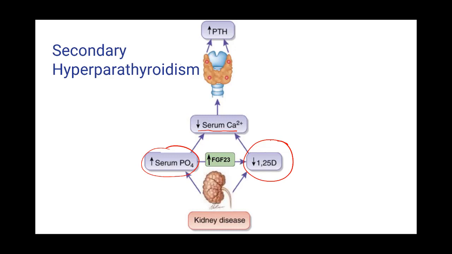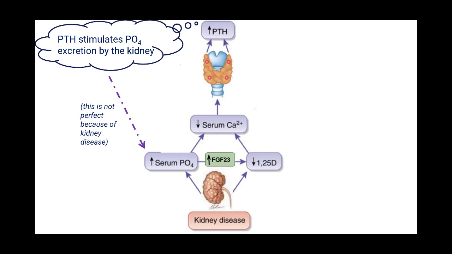This is not like primary hyperparathyroidism, where there is an adenoma that is independently secreting parathyroid hormone. The high parathyroid hormone levels will then bring about phosphorus excretion by the kidney. And that's how it's trying to keep the phosphorus levels under control. It tries to do it, but it's not perfect because there are fewer nephrons,